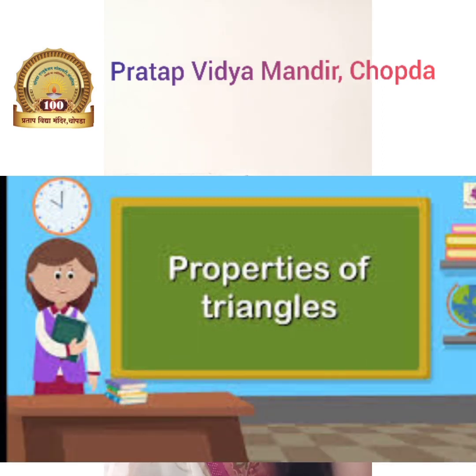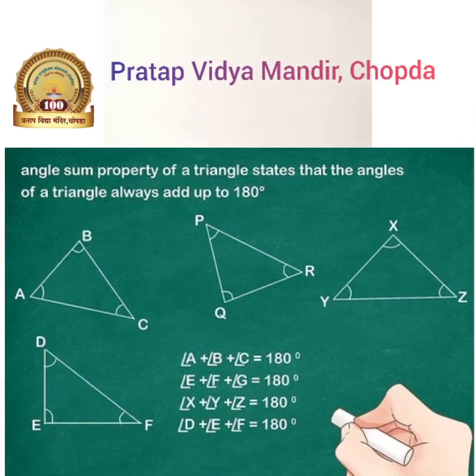Now let's see the properties of a triangle. All the properties of a triangle are based on its sides and angles. Let's learn some of the fundamentals of the triangle by knowing its properties. First property of a triangle: the sum of all the angles of a triangle is equal to 180 degrees. This property is applicable for all types of triangles. It doesn't matter which type of triangle it is, the sum of all the angles of a triangle is equal to 180 degrees. For the verification of this property, we are going to perform one activity here.